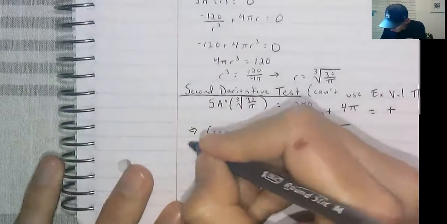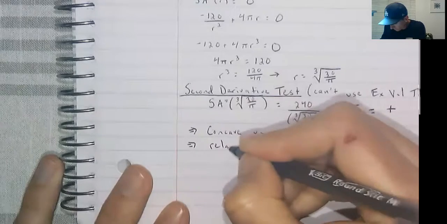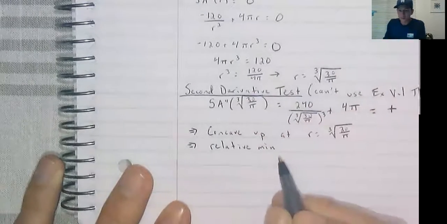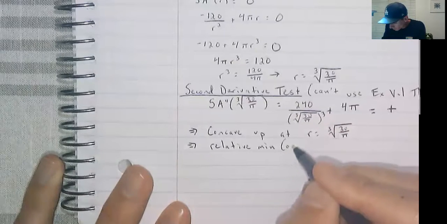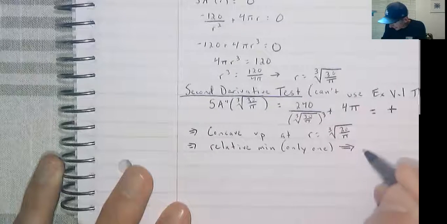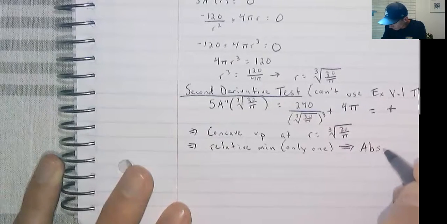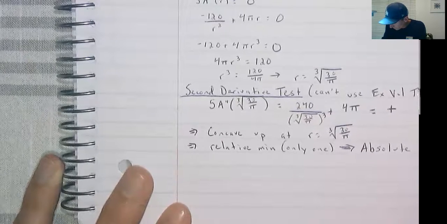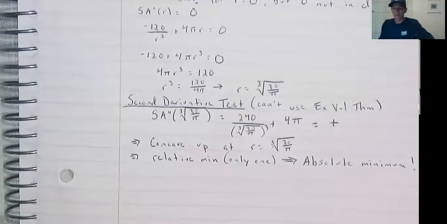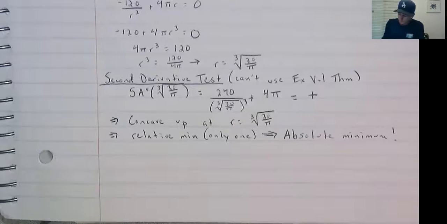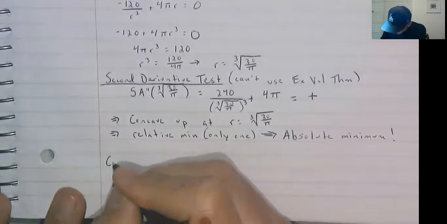So previously, we would just be able to say, oh, this is a relative minimum. But now it's the only one. Now we say absolute. Kind of cool. So that's the absolute minimum now, based on 3.9.1. And so wrapping this up with a conclusion,